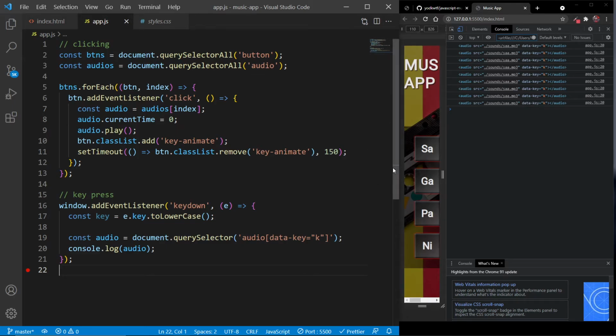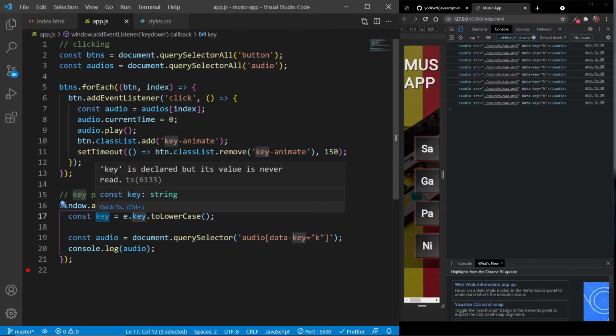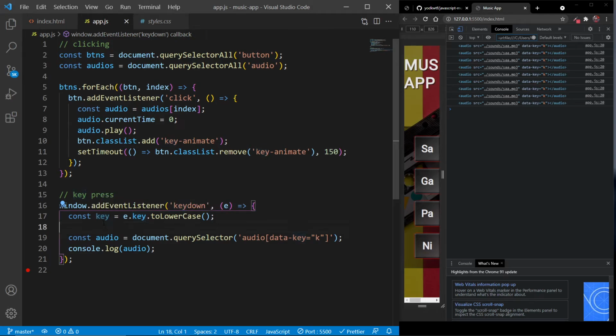If I click on the second, I should get the second one, and so on. So for it to be dynamic, we are going to use this key variable. If you remember, just like we have these letters here, K, it gave us the key on which we have put our fingers, that is the key we have pressed. So for that, I am going to use this key variable.